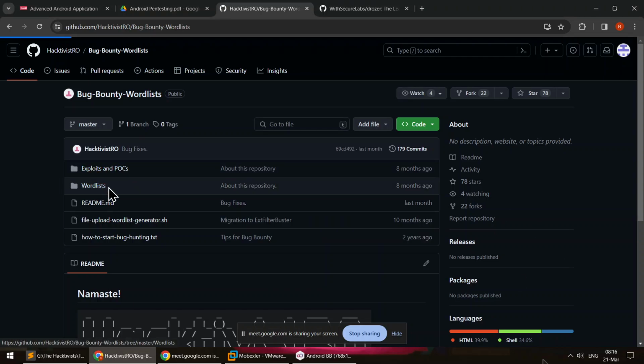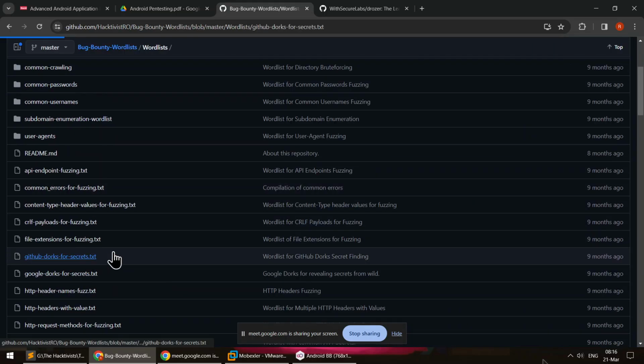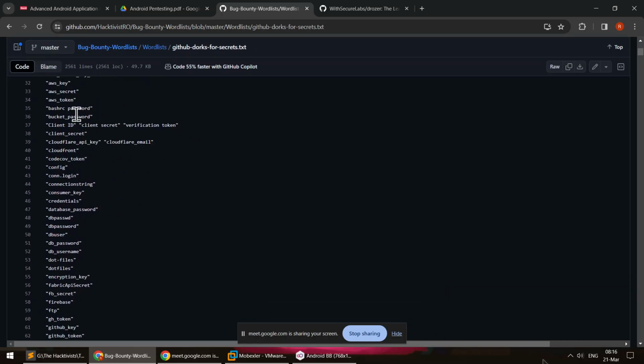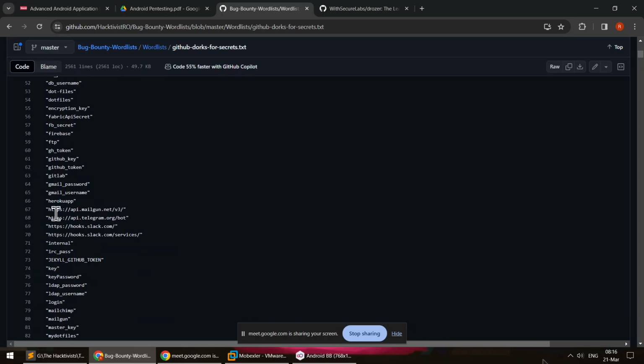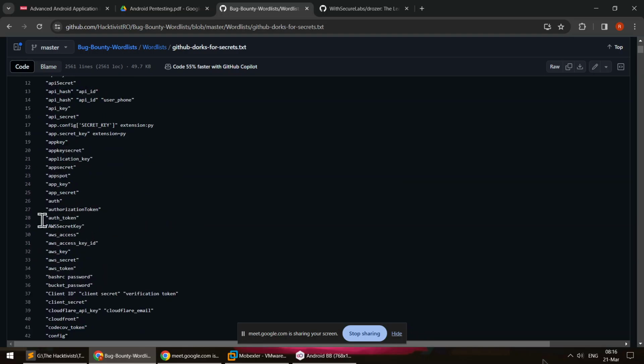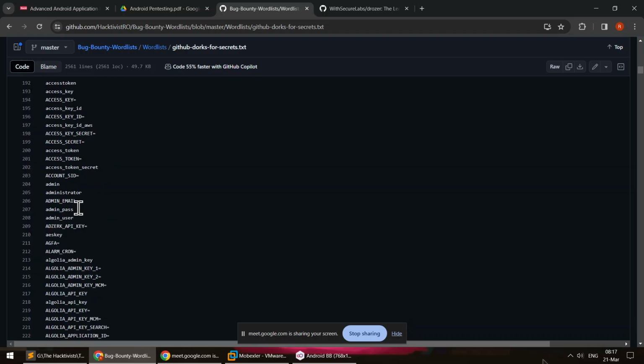You go to word lists, you scroll down, and you will have GitHub docs for secrets. These are the names of the most common variable names that can contain any of the sensitive data, like AWS access key ID, AWS secret key, authorization token, app secret, app key, app secret key, like this. So you can use all of these keywords and then you can search for them in the source code. So if they contain it, they might be containing some of the sensitive data,